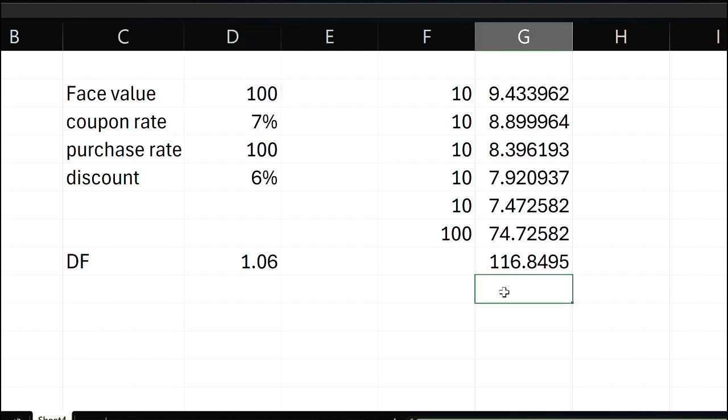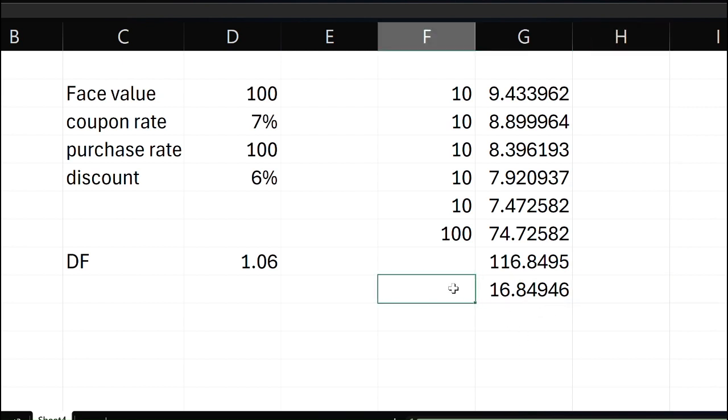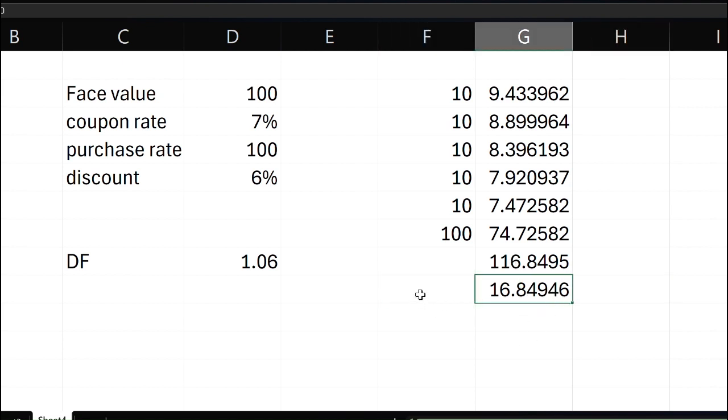So during the entire period, the percentage growth is 16.84 percent that you have got in return for 5 years. Even if you take a simple calculation, it is somewhere around 3 point some percent, 3.5 or something. Let us see how much the return is. Minus 100, so this is 16. In terms of percentage, 16.84.